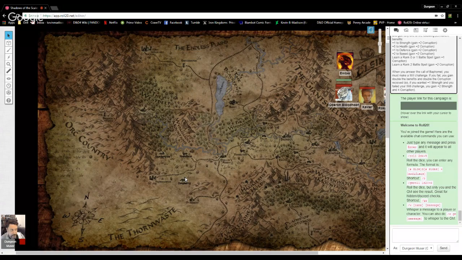Picture pale skinned elven robber barons. That's sort of what I was thinking of these guys as, this shadowy world full of all the nightmares of the industrial revolution. So the worst sort of caricatures of 19th century London. That's sort of what I was picturing the Shadow Elves being like.